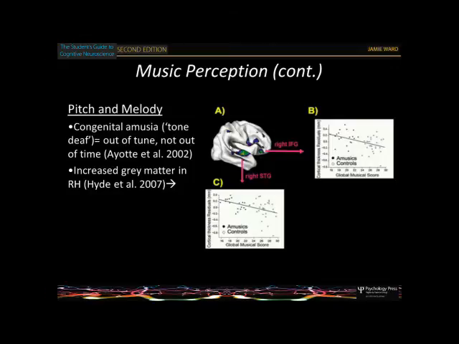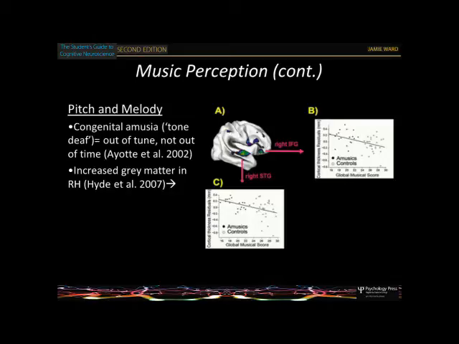One is not in the primary auditory cortex, it's in higher regions. So one is in the frontal lobe, so not a sensory region. And this one here, both on the right hemisphere, has to do with more fine-grained analysis of pitch. That's one thought of what this is. The thing that's puzzling is that you might imagine that if you're worse at something, you've got less grey matter. And it's not the case. The people who are worse at things have more grey matter in there, and the people who are better have less.